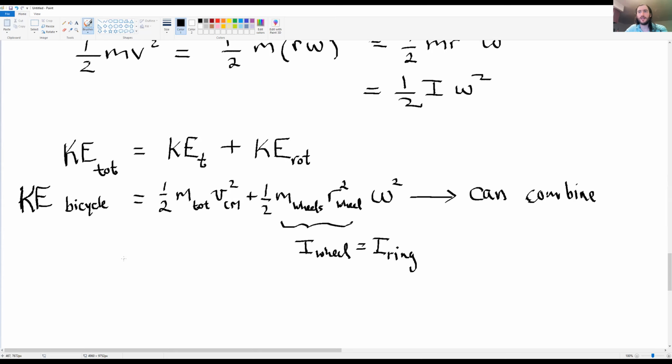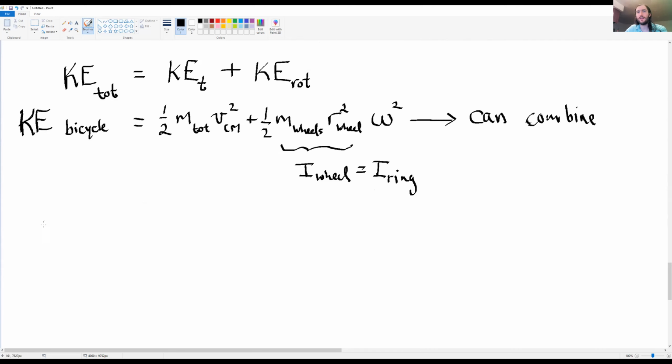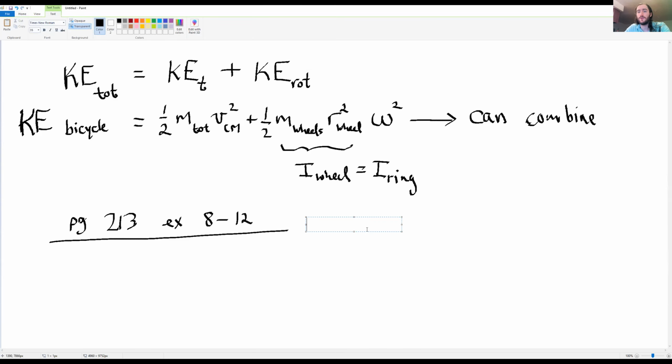And let me give you an example of how we apply these. Let me tell you where to look in the book. So page 213, do example 8-12. Okay. So do this example here for your own practice. And here's what I would do. Ask yourself the following question. Let me just type it out, and you guys just write this in your notes, and then when you do that example, you can